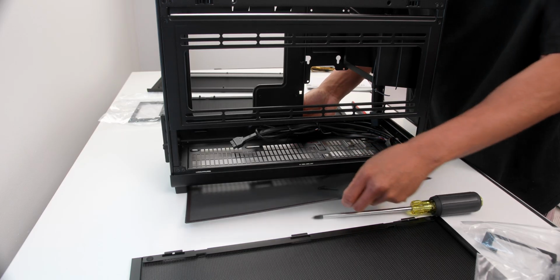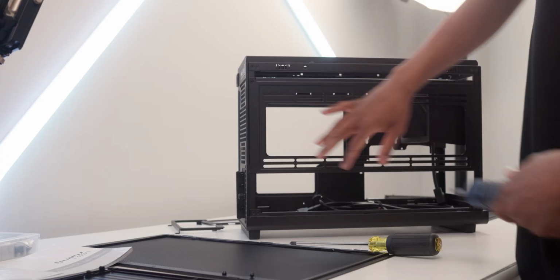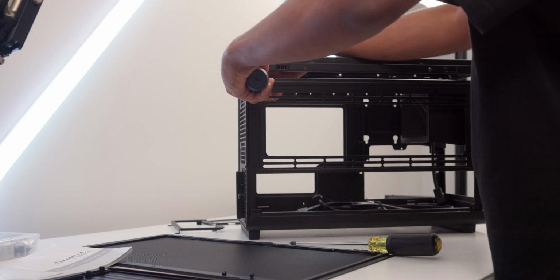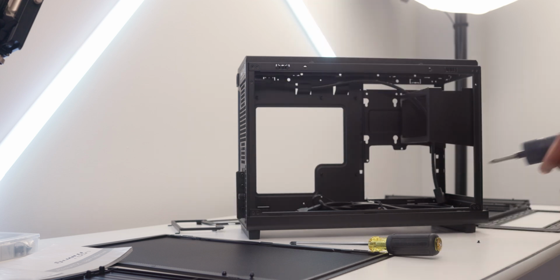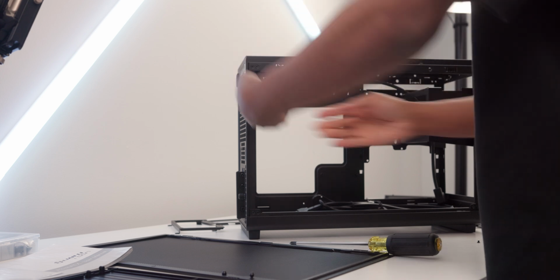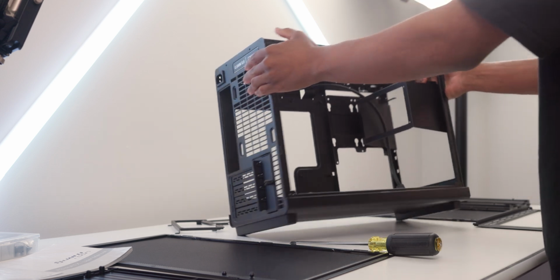I guess the bottom dust cover is magnetic. Yeah. So this side radiator bracket just comes off via 2 screws. Super simple. Now we have a fully disassembled case. I'll put these screws back in. Okay, so earlier I spoke about